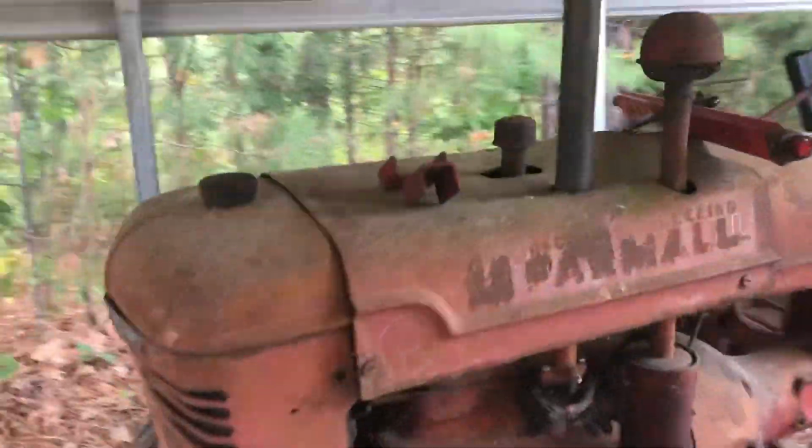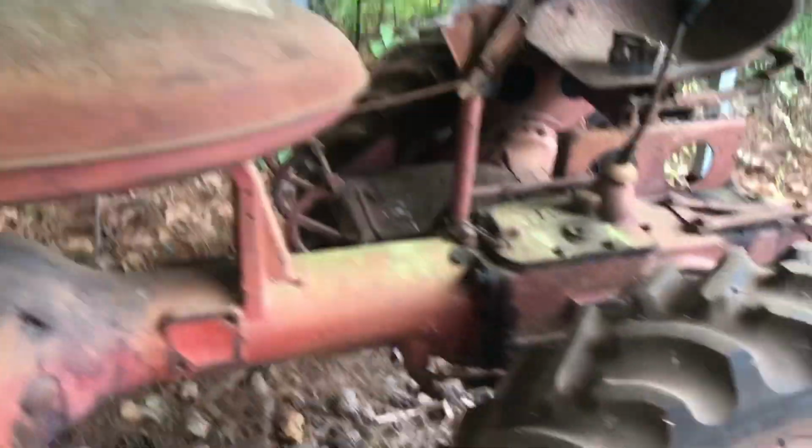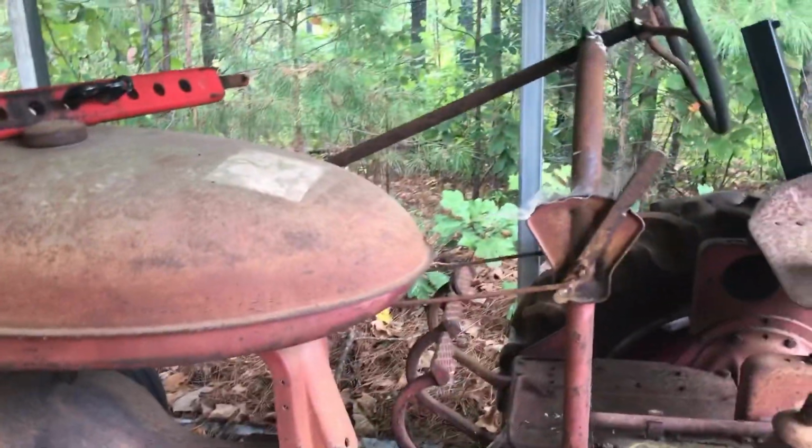Alright, here we're at the old '39 Model A. And tractors don't get much simpler than this. It's got good rubber on it. One way you can tell, especially these old tractors,